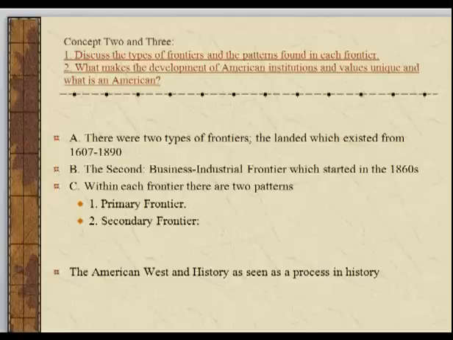the environment, the vastness of land, and this expectation and a sense of entitlement that if you work hard, anybody can take advantage of the opportunities that are available, regardless of your background and all sorts of things. That's the ideal. Obviously, reality is something else. And part of the reality that we're going to look at is the reality of Native Americans. That's what we'll look at in the